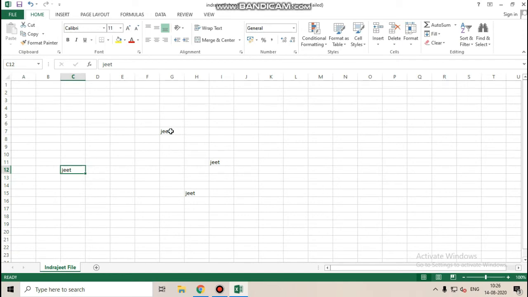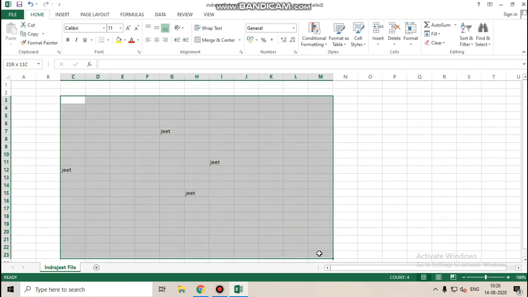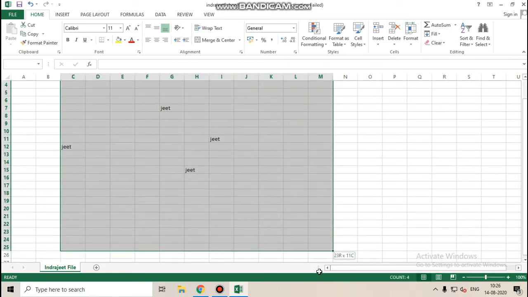Click first on the first one, then keep the Control key pressed, then click on this, then click on this, then click on this. Don't leave the Control key. Now you can select adjacent and non-adjacent cells. Non-adjacent means the cells are not together, they are at different positions, and you can select them all together. So this is the way through which you can select.